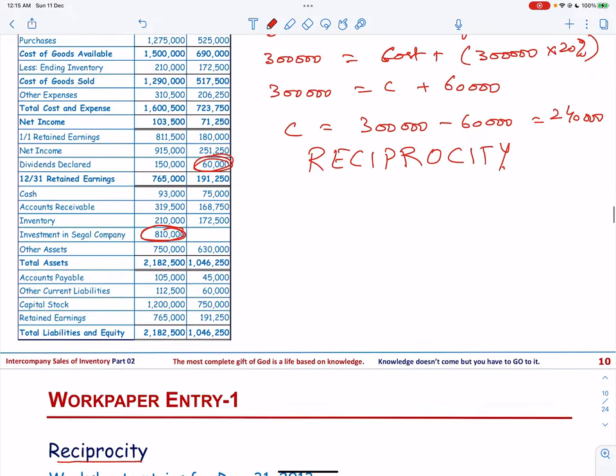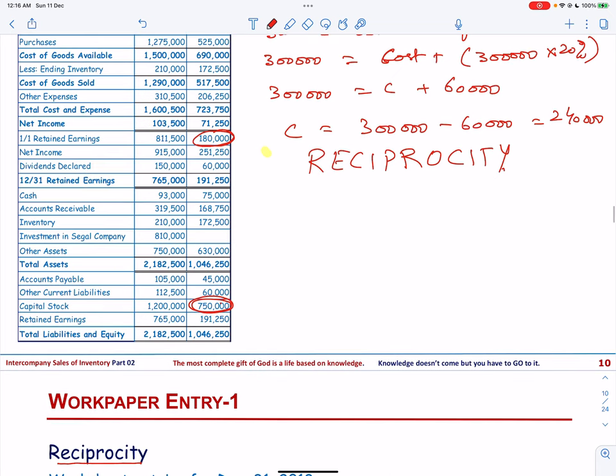And we are going to eliminate the equity of the subsidiary, and equity of the subsidiary is the beginning retained earning plus the equity of the subsidiary 750, and we are going to create the non-controlling interest. Now that will be 10% of this 750, that will be 75,000, and 10% of 180, that is going to